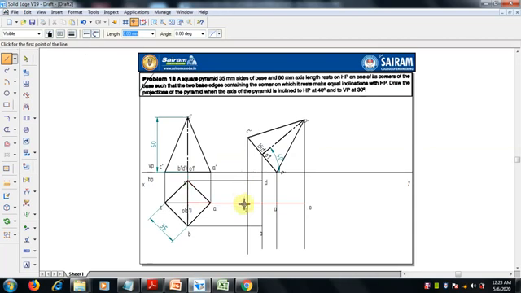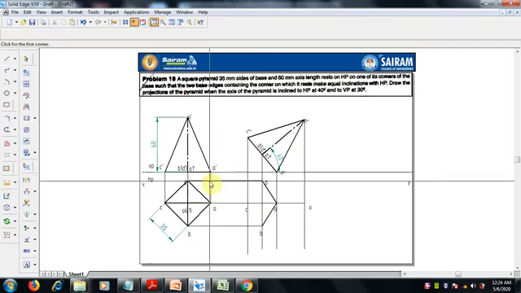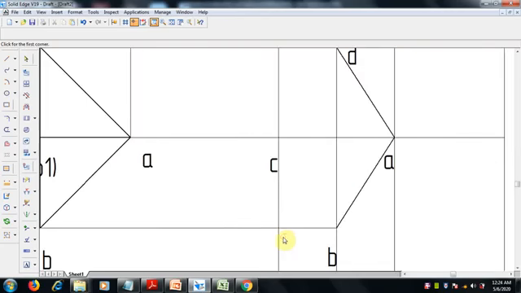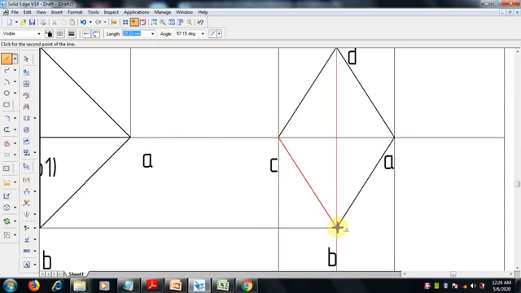So the end point, okay, let me start from here. That's B, A, end of this is D, and this intersection point we can select, or the end point. If it is not getting selected, zoom it and then finish it up. Intersection exactly it has to come, then this end point.